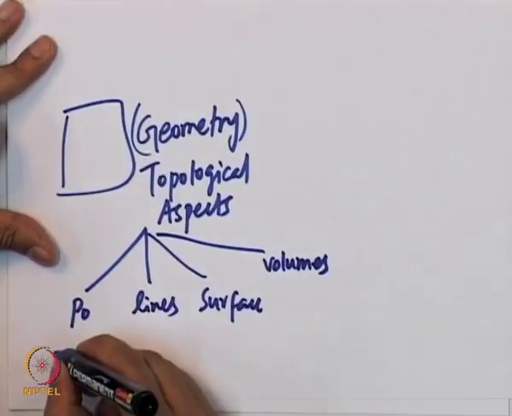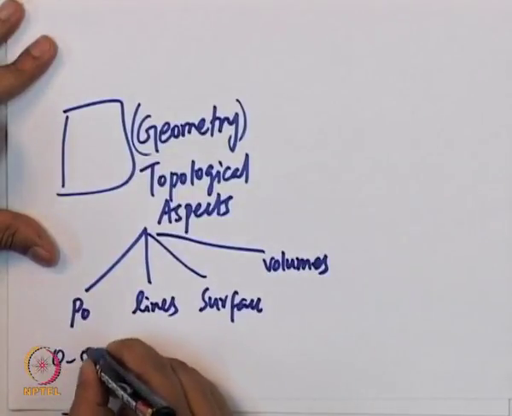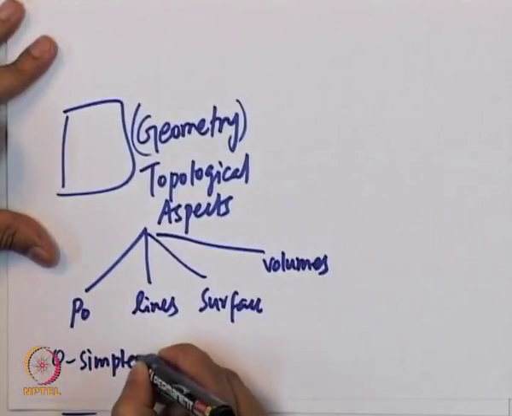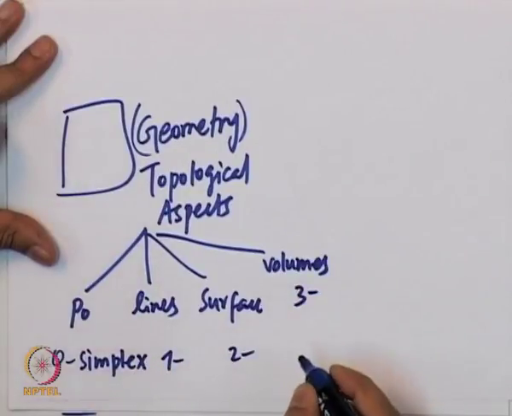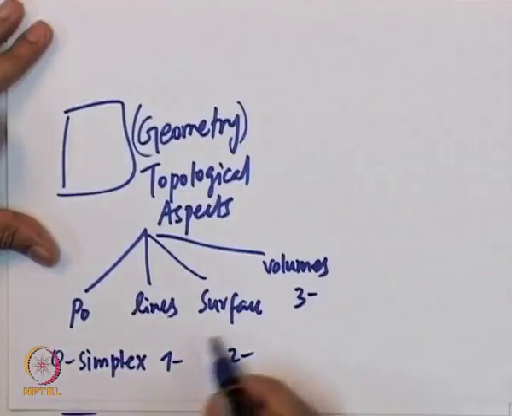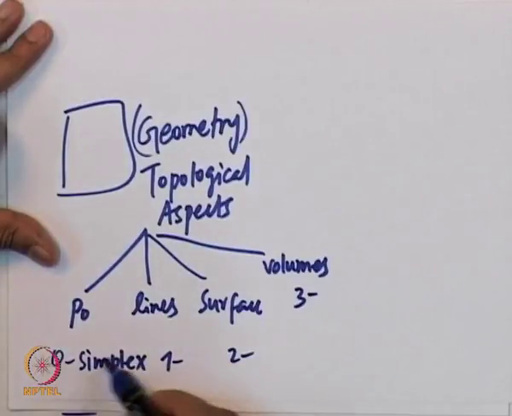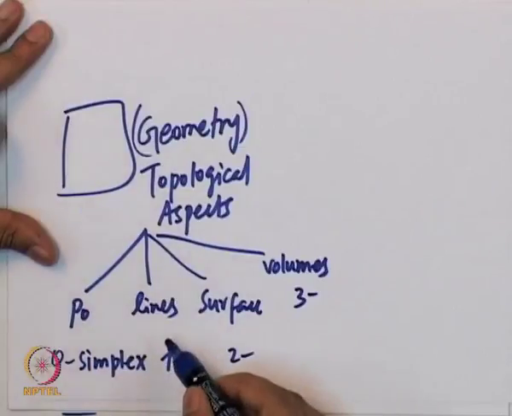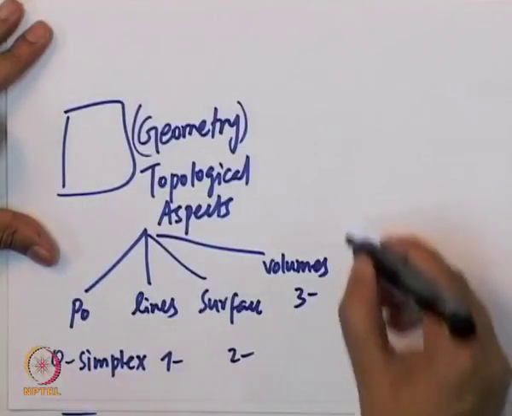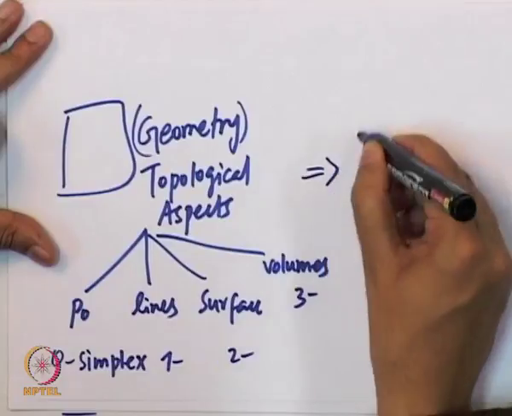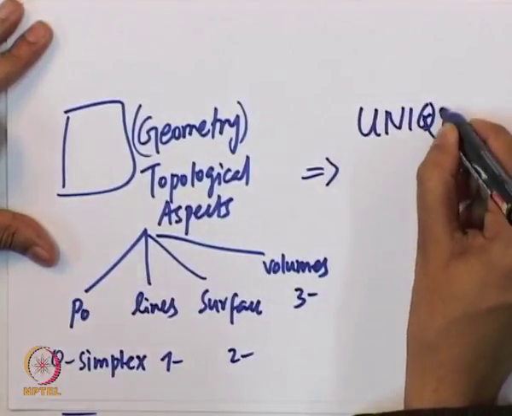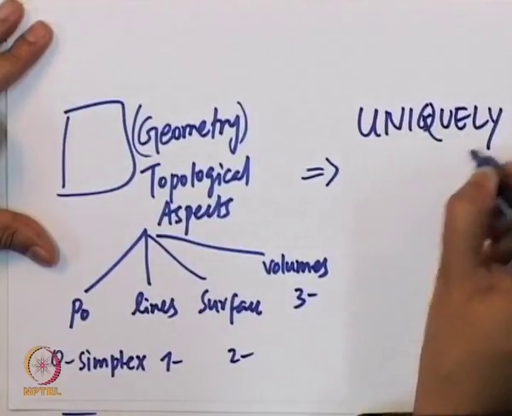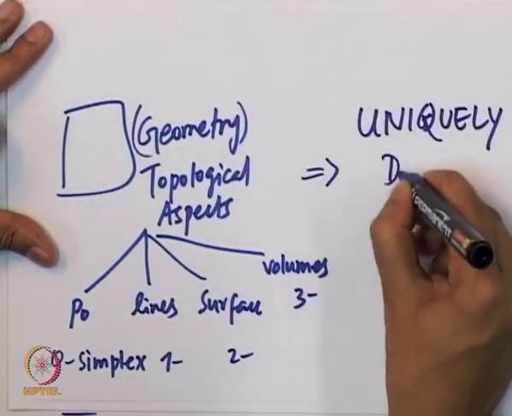So what I am talking about is 0 simplex, 1 simplex, 2 simplex and 3 simplex. So once I know all of them, the only thing I need to worry about is how am I going to define the direction for those simplexes. Once I have defined that, I can uniquely define